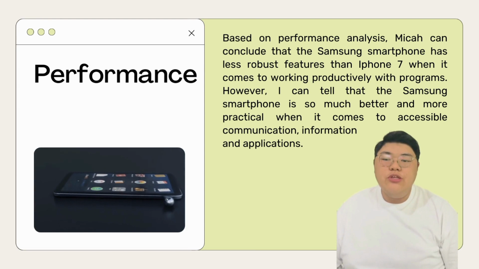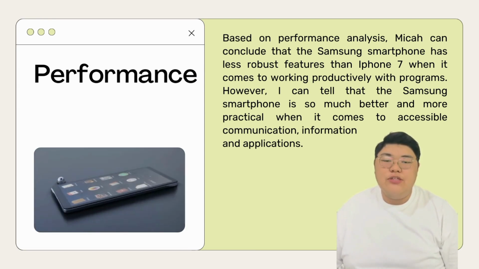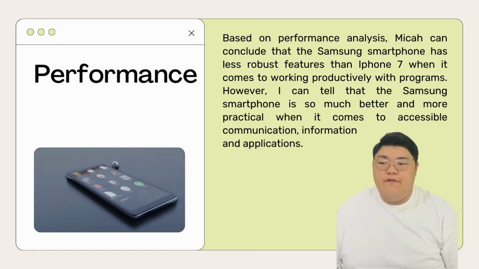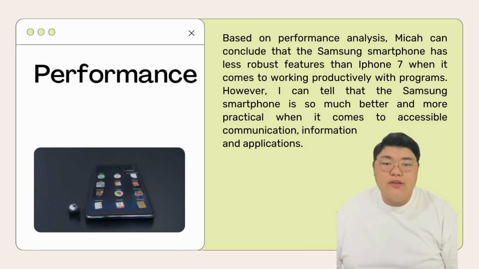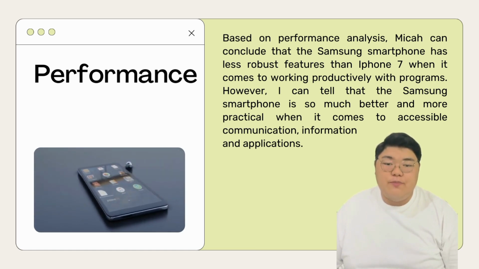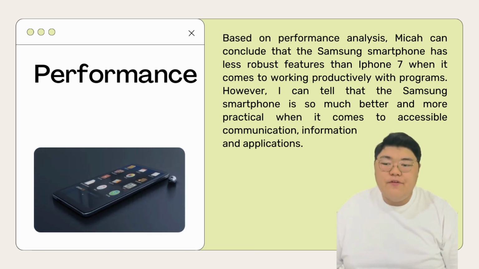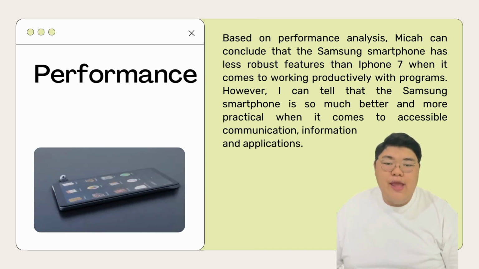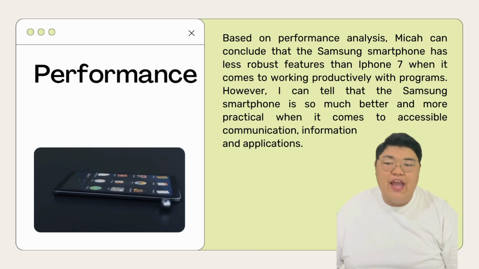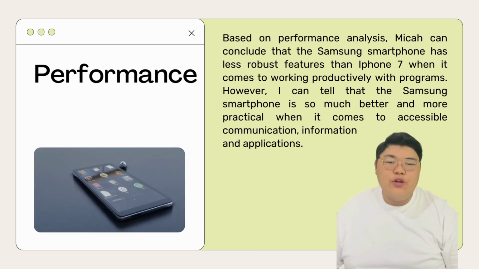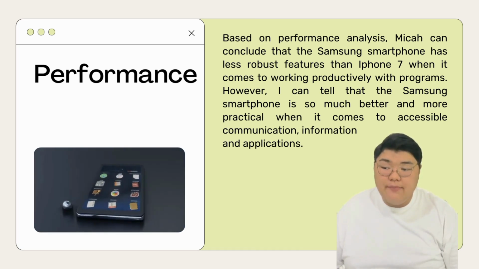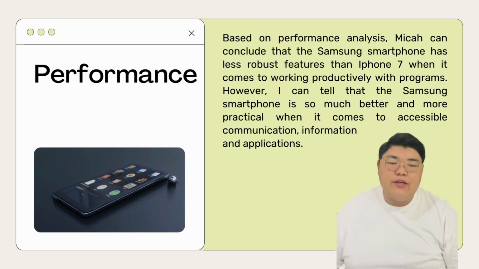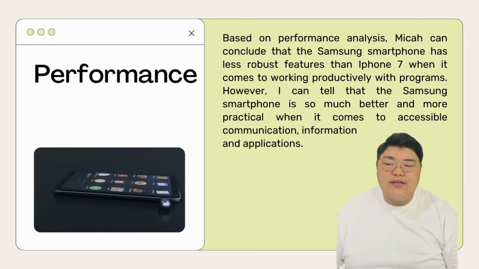Performance. When using the product, its efficacy is noticed together with the consumer's care about the product's features. Performance is the relative of experience because we consumers experience performance. Based on performance analysis, Micah can conclude that the Samsung smartphone has less robust features than the iPhone 7 when it comes to working productively with programs. However, I can tell that the Samsung smartphone is so much better and more practical when it comes to accessible